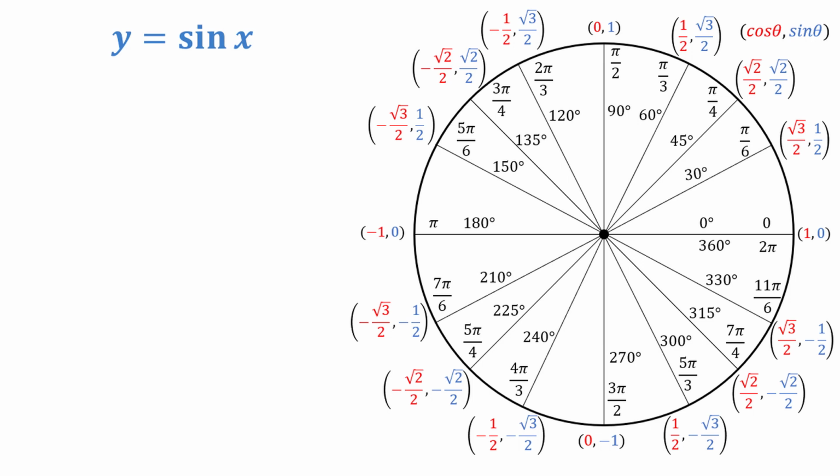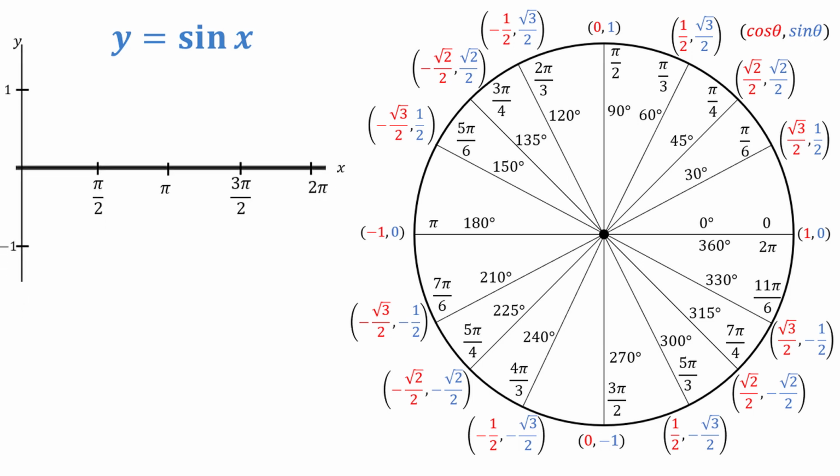With those caveats out of the way, let's graph y is equal to sine of x. Our input will be an angle, and our output will be some point on the unit circle, specifically the y-coordinate, because sine is the y-coordinate on the unit circle. Let's start with sine of 0. We know that sine of 0 radians is equal to 0, because that is the y-coordinate on the unit circle, so we can plot that point onto the graph. If we input pi over 2 into sine, we will get 1 out, because that is the y-coordinate on the unit circle. Therefore, sine of pi over 2 is 1,